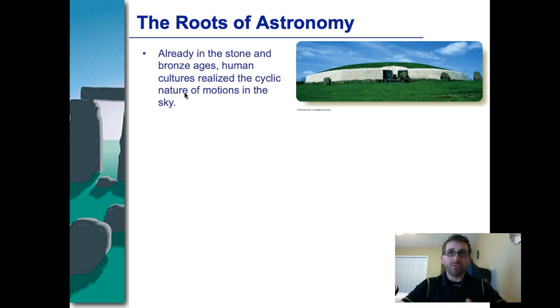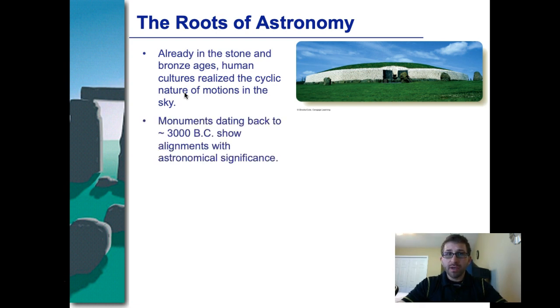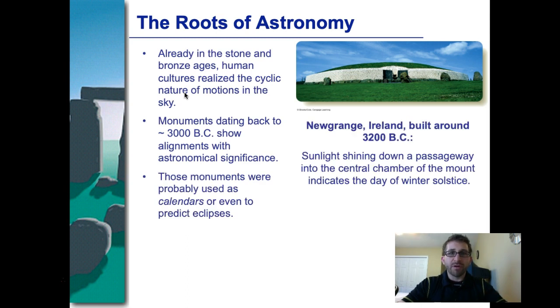I want to give you a background on the roots of where astronomy came from originally. We have record, mostly through these structures, of people who were studying the heavens back even during the Bronze Age and even the Stone Age, as we'll talk about in a moment. And these monuments have some significance in terms of astronomy, for various different purposes.